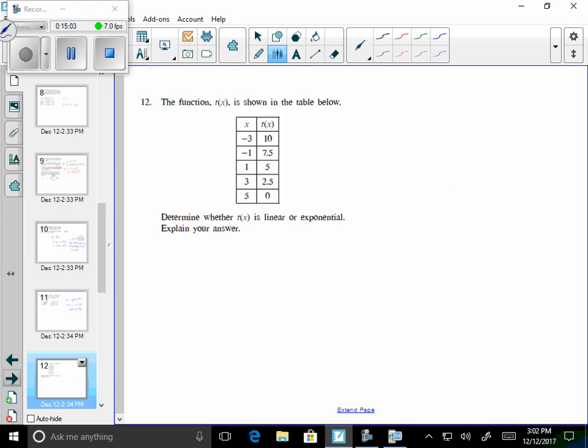Determine whether the table is linear or exponential. Explain. You want to find the pattern between all the y's, or in this case, all the f of x's. Well, as you go throughout the entire table, everything is minus 2.5, minus 2.5, minus 2.5. Since your rate of change is constant, it's linear. So this is a linear function